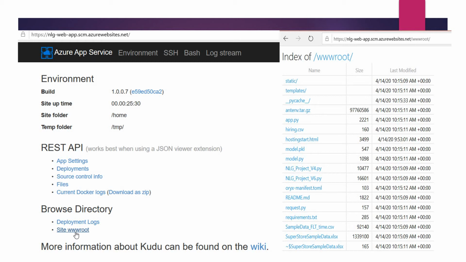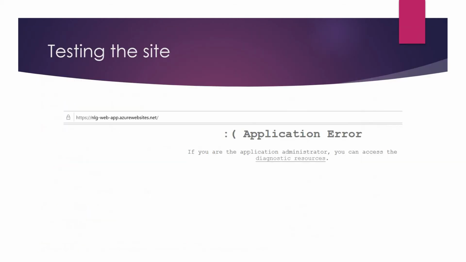But in my case, I was getting an error here. So this is the page which I got. I was not lucky. Application error, and as you can see, not many details have been provided about what went wrong. Just a very generic page. So in order to investigate it,